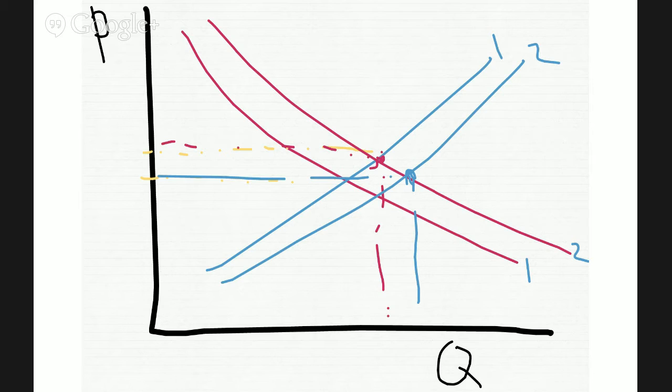Now understand that these charts that I'm drawing here are what we call static graphs, and static means that they're not moving. I can come up with scenarios to try and predict what the impact of a shift in supply or a shift in demand is going to be, but these are static graphs, meaning they don't accurately portray what's going on